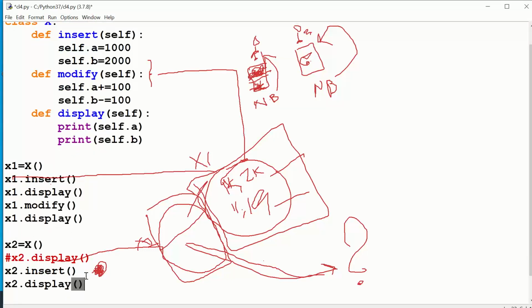So tell me, when I display the second time, will it give 1119 or will it give 1000 2000? Let's see how many of you will give the correct answer. When x2.display, 1000 2000 or 1119?